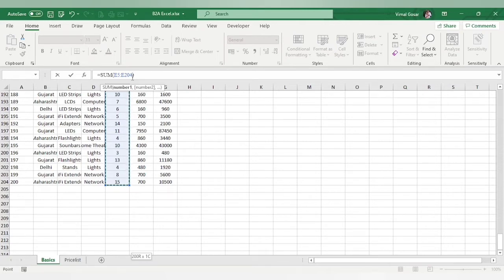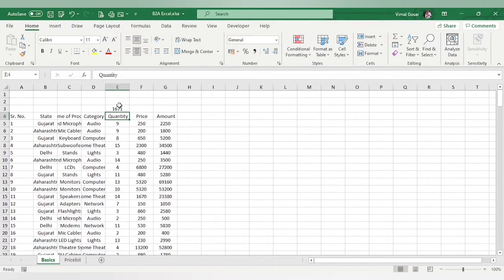Now let us press enter. I will get the same value obviously, but in an easier and quicker way. This is how you can use the shortcut as well, and this becomes your sum. This is the value for your sum. Now let us say I want to get a value for my sum but only for a category which is coming under audio. So how do we do that?